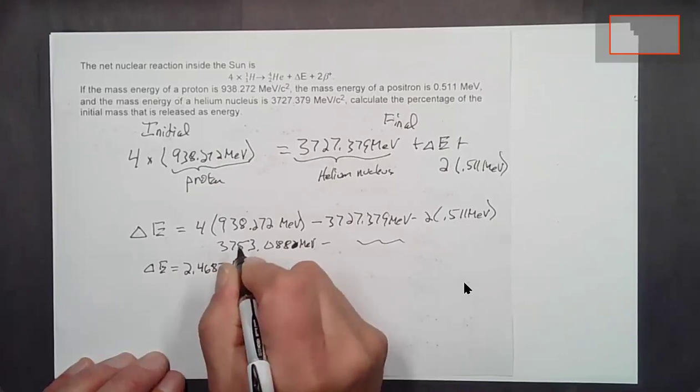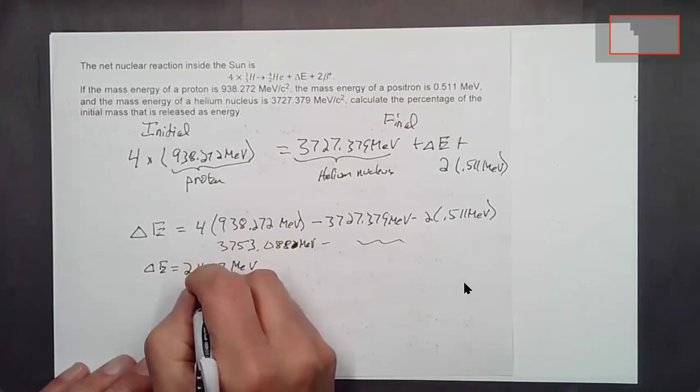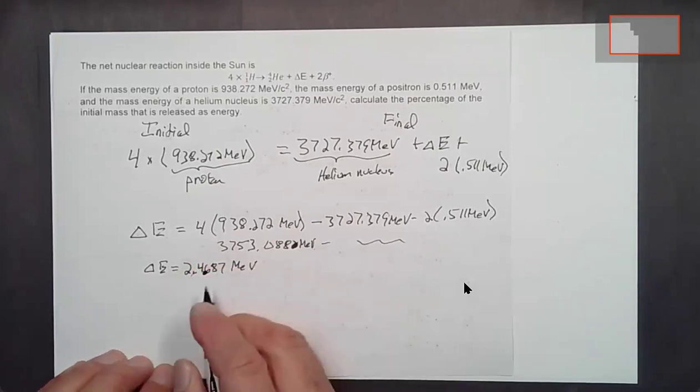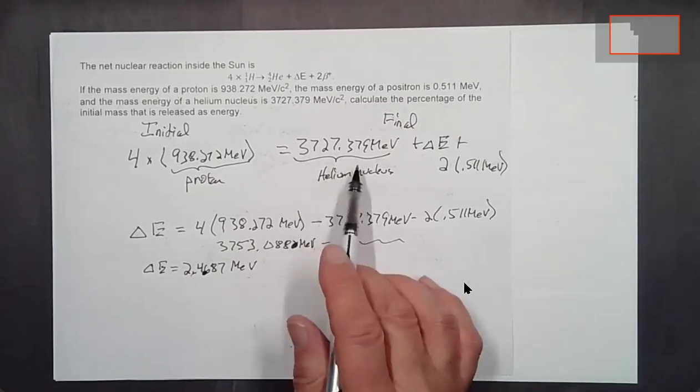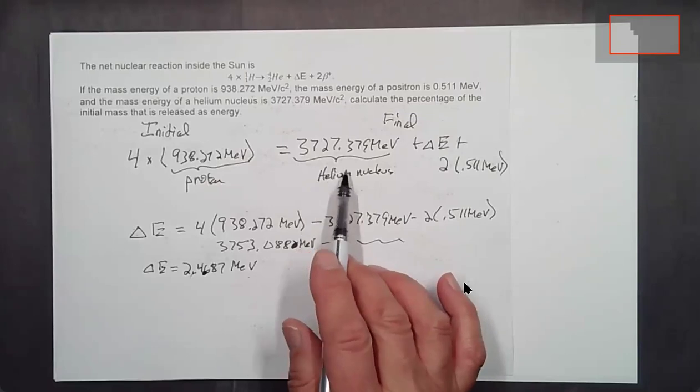Wait a minute, that's 24. So the decimal point belongs here, 24.687 MeV, which is a fair amount, actually, even though it's out of